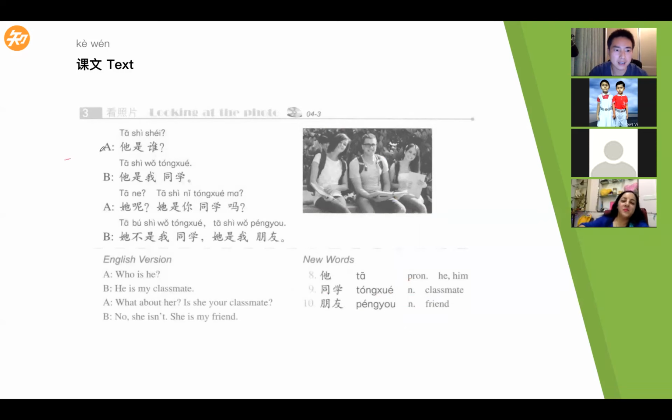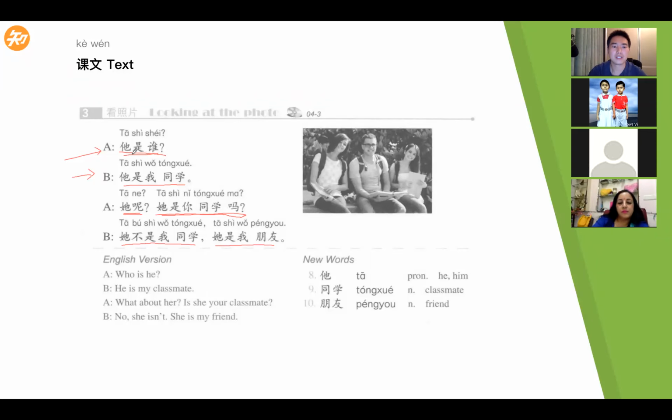Tanvir, you being A, and Arvinda, you being B. Tanvir first. 他是谁？ Now Arvinda. 他是我同事。 Tanvir. 他是你同学吗？ 他不是我同事，他是我朋友。